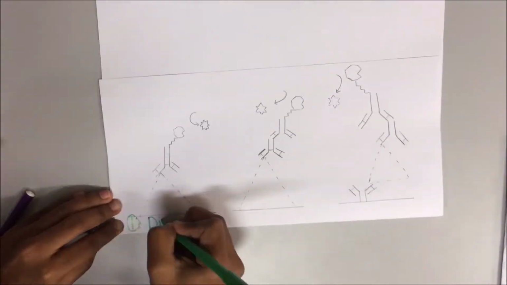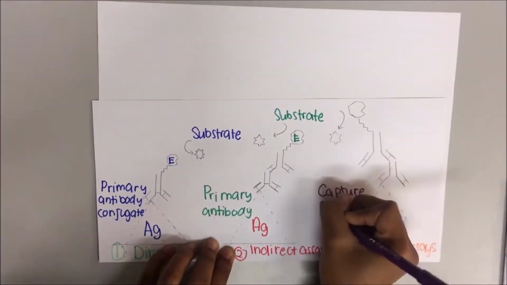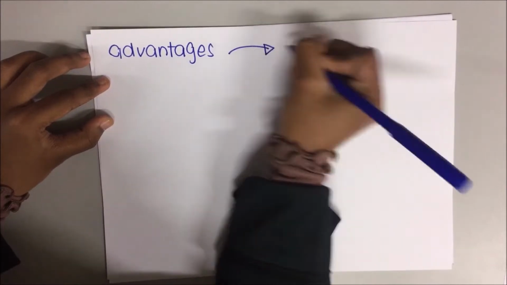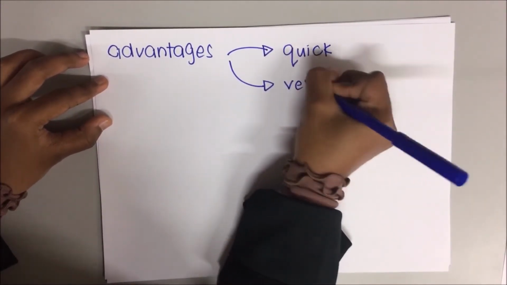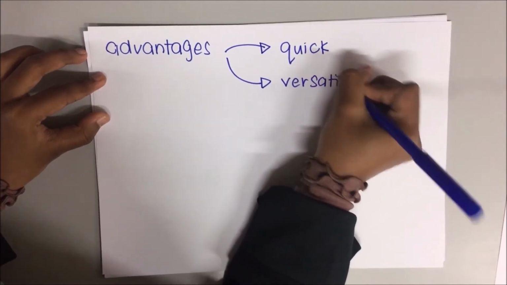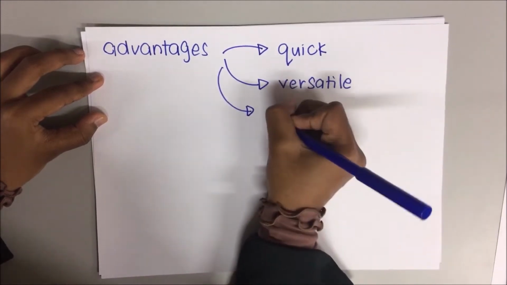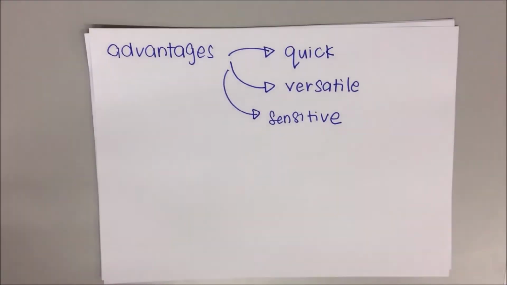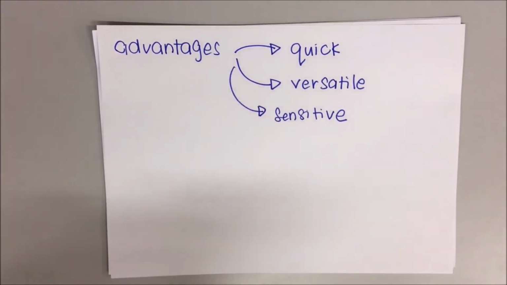There are three types of ELISA formats, which are direct assay, indirect assay, and capture assay, known as sandwich. There are three advantages, firstly, it is quick because only one antibody and fewer steps are required. Secondly, it is versatile because many primary antibodies can be made in one species and the same labeled secondary antibody can be used for detection. Thirdly, the sensitivity is increased because each primary antibody contains several epitopes that can be bound by the labeled secondary antibody, allowing for signal amplification.